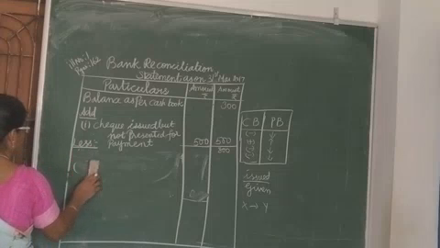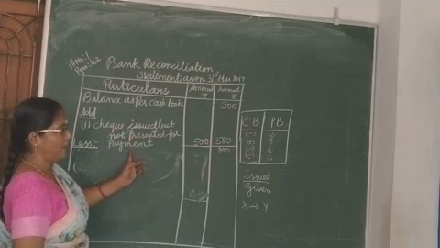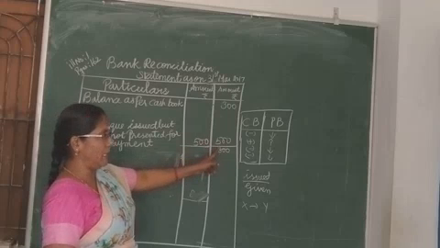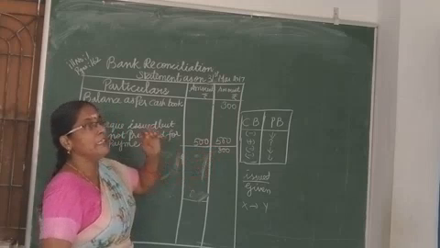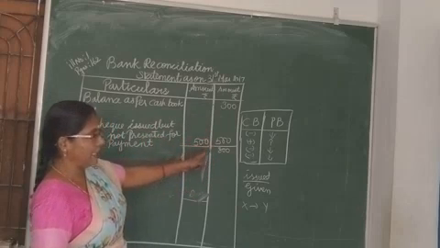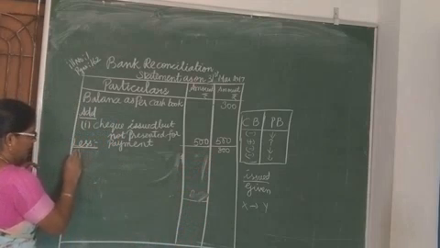First one what? We have written the balance, check issued but not presented for payment, 500 rupees. Take down the 500 rupees in the same line. Draw the line next to the amount. You have written the amount, no? The very next line you can draw the line and write the amount. Then what are all the items you are going to less?